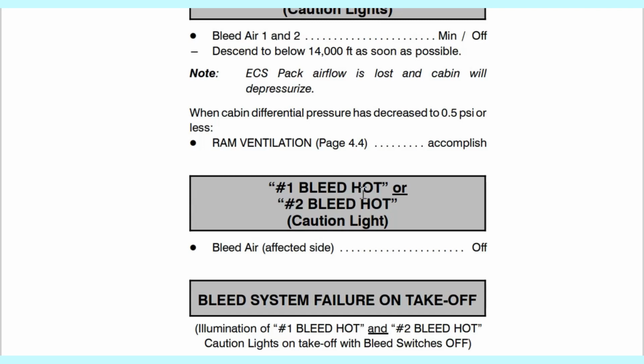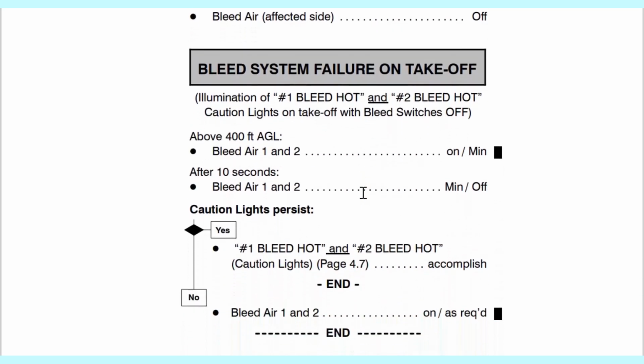Now we go to this one here. It says bleed system failure on takeoff. So here what's going to happen, you've rotated, you are climbing out just before 400 feet. Ding ding. Number one bleed out and number two bleed out caution comes on. The first thing you'll do, it's better to stop climb at MSA. You don't want to just keep climbing, so you can deal with the situation. So you stop climb at or above MSA, and then you see, am I above 100 feet? Yes, I am.